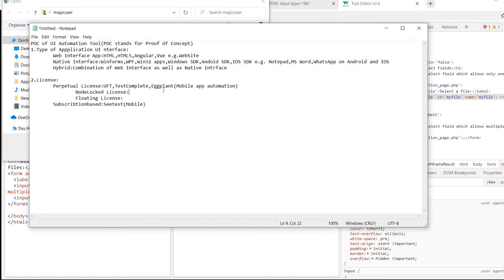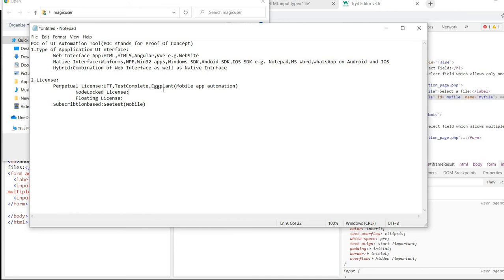Then on the other machine we have to install the application. Install means you need to submit the hardware details of that machine. You will get a license key created specifically for that hardware information, and that license key you have to install on that machine. So that is node lock license.